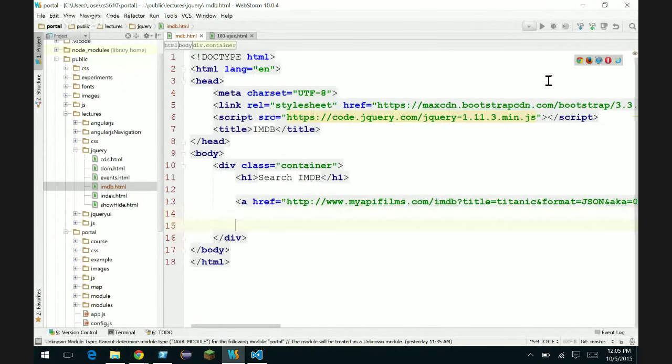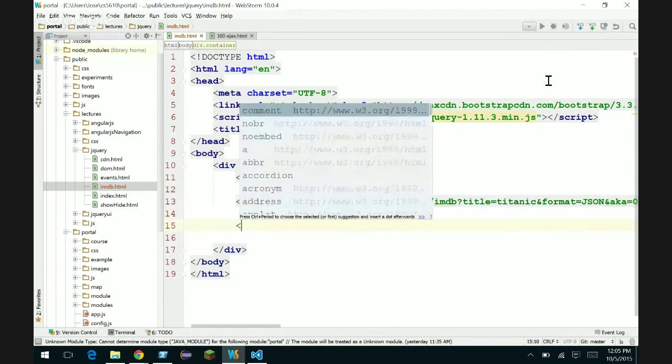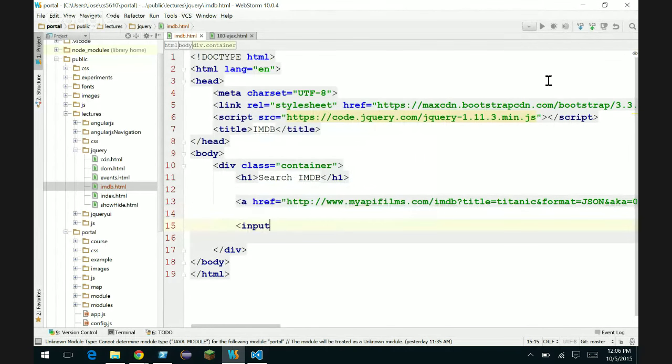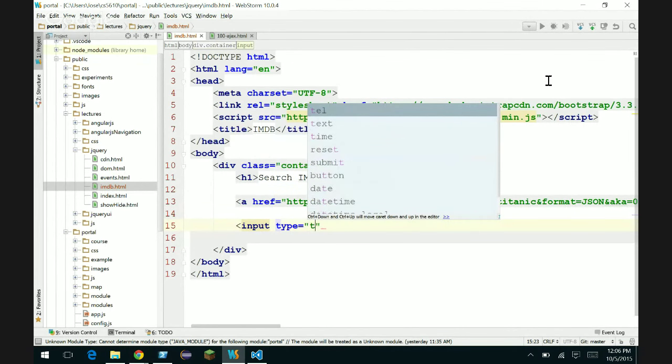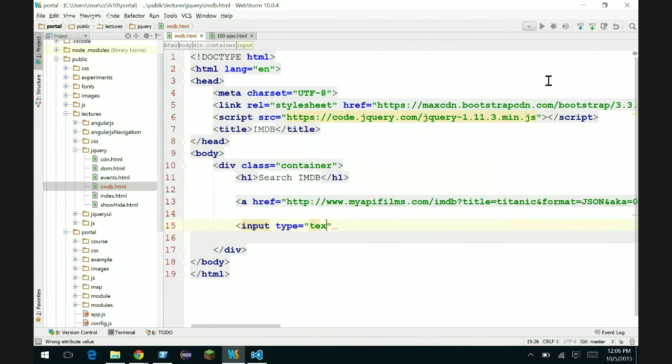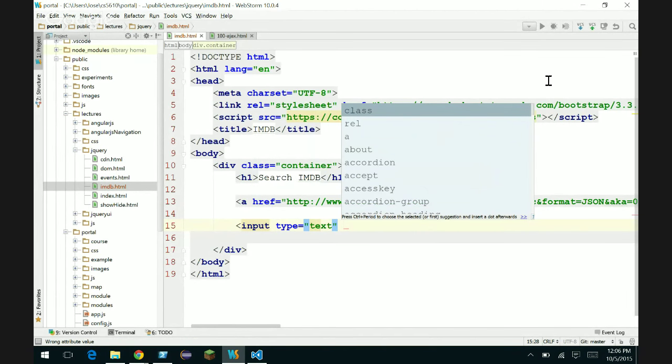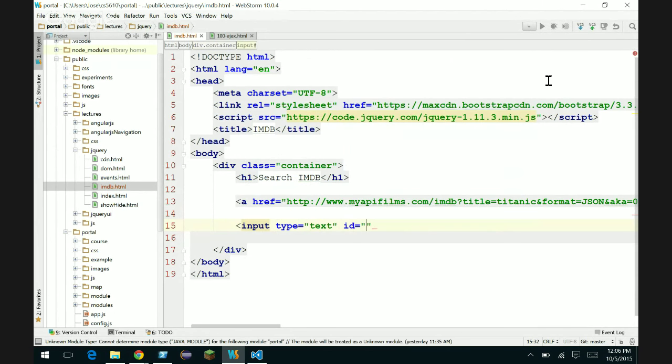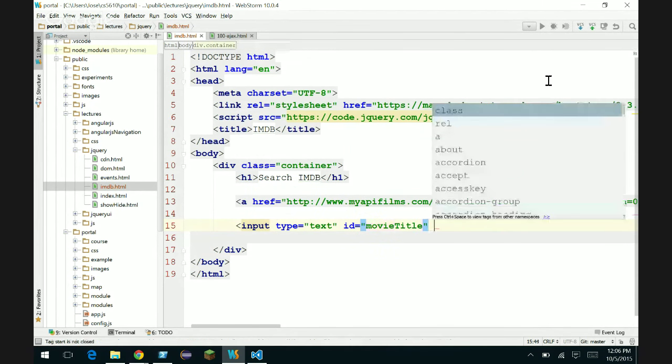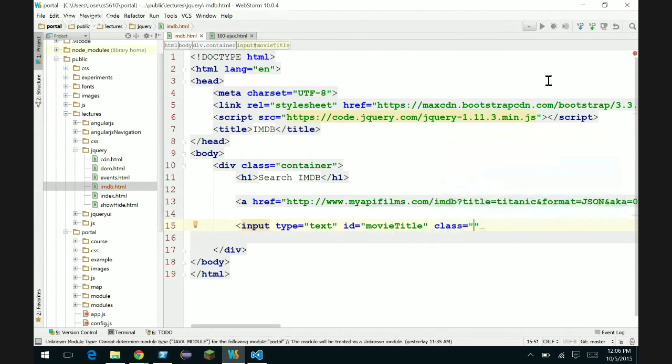Meanwhile, let's add a form down below. Let's add a form, and we'll say an input field, type, what, text. That's the default. And I'm going to give this an ID, and this will be a movie title. And I'm going to give it a class to make this look a little pretty. I'll call it form-control, right? That's one of Bootstrap's